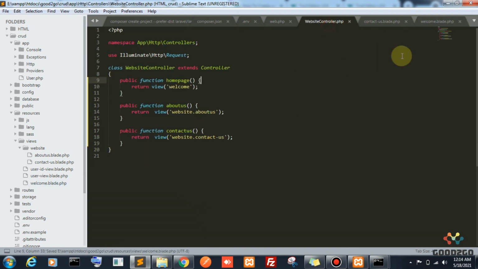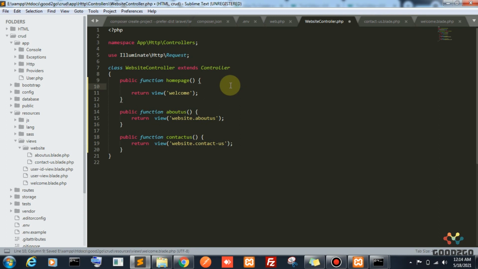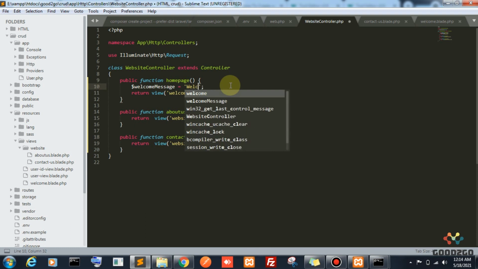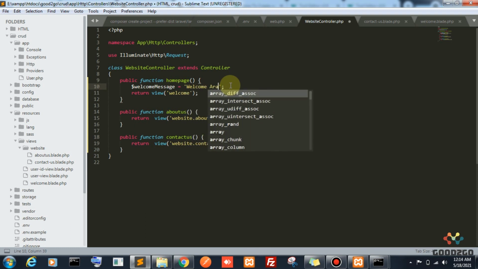We should always follow our naming convention for methods. Be mindful before giving a variable name. Okay, welcome, good to go.